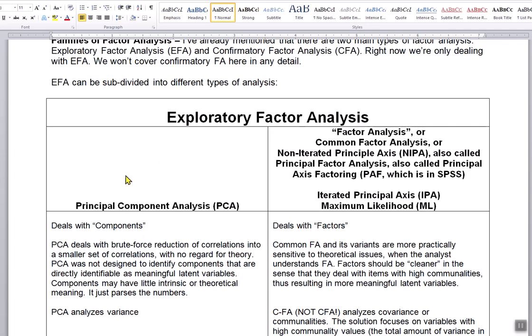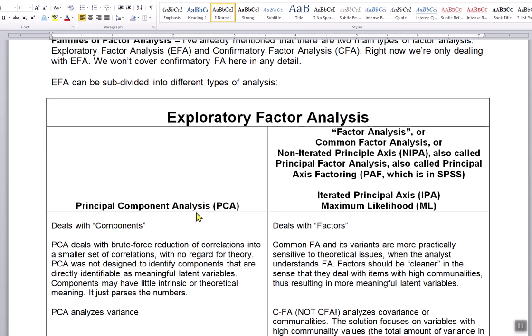The 2 families: on the one hand, you have principal component analysis. That's what I computed by hand. And on the other hand, you have what's called, quote, factor analysis, or sometimes common factor analysis because you're looking for the common factors. That includes non-iterated principal axis, NIPA, or principal factor analysis, which is synonymously called principal axis factoring, and that one is in SPSS. Also iterated principal axis and maximum likelihood. Of the different versions of factor analysis here, and these aren't even all of them, there are many more,